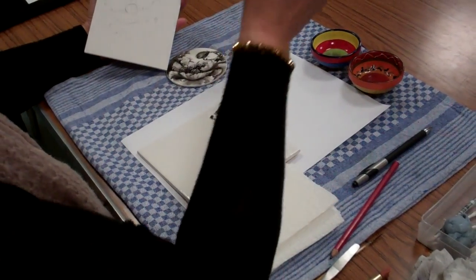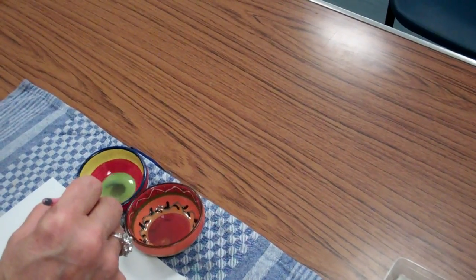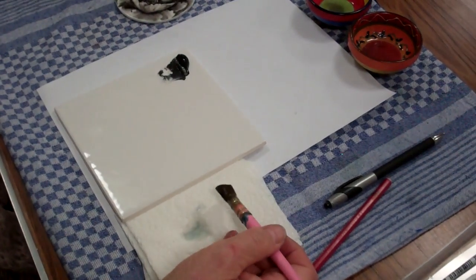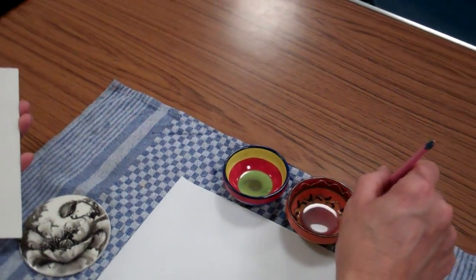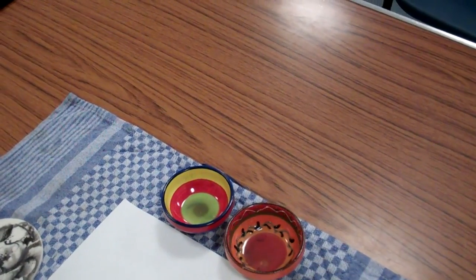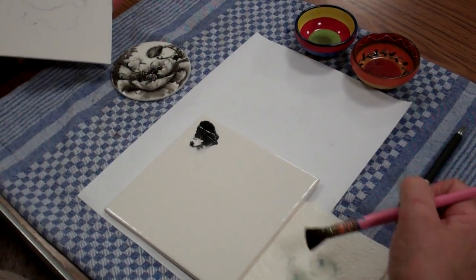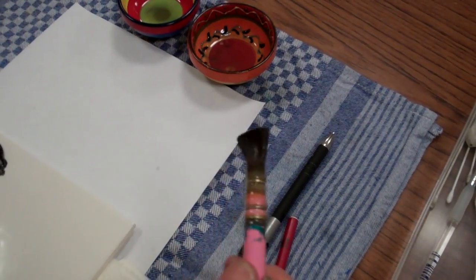So my brush starts clean. I've cleaned it in this baby oil already, wiping the excess off on the sides of the bowl and cleaning it on my paper towel. I then go into the medium, which is an open medium, which means that it doesn't actually ever dry until it's put in the kiln, wiping the excess off again on the towel, but keeping enough in the brush so that the hairs are beautifully